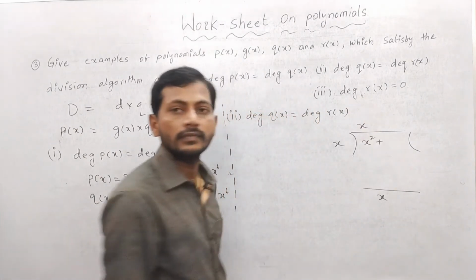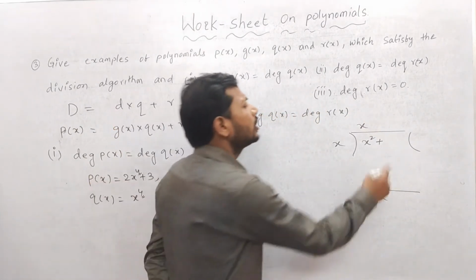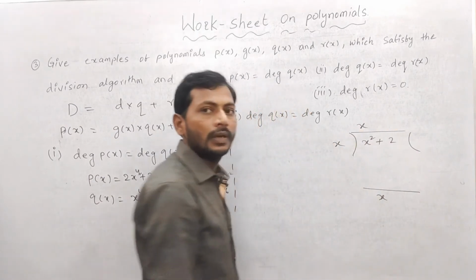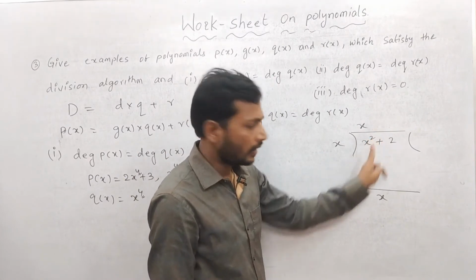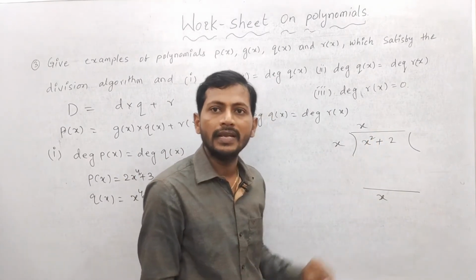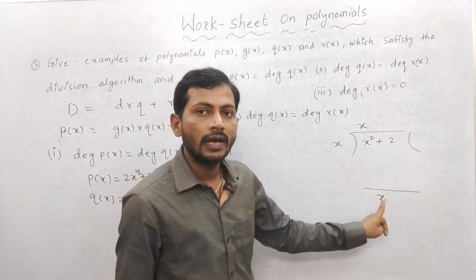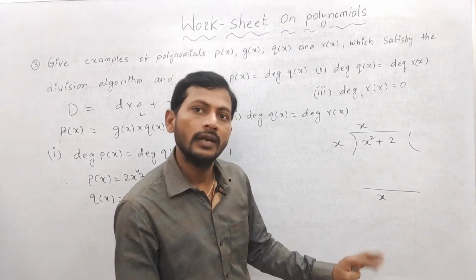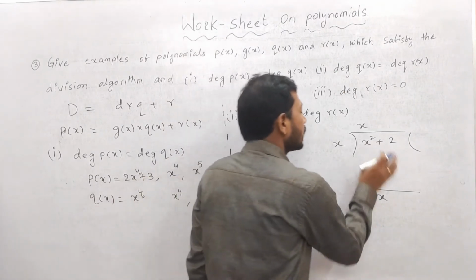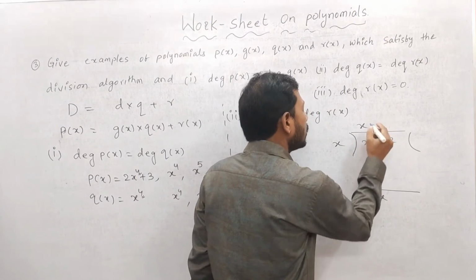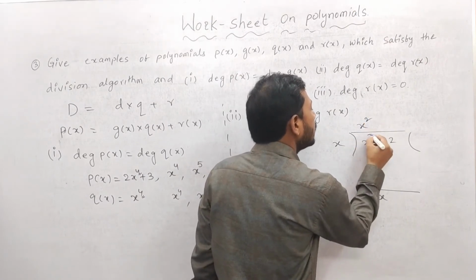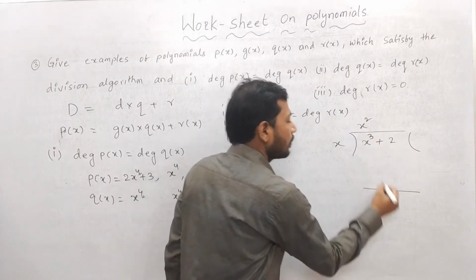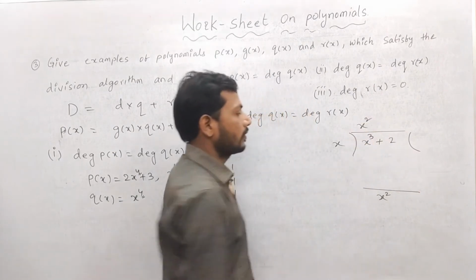Plus anything, you can write the 2. But you will get one confusion. Sir, x is there, again I will do plus 1, and x, 1, x, they get cancelled. Not satisfied. Then our trial and error method has gone wrong. So I am going to take one more thing. Try to observe. x square. Here I am going to take, trying only x power 3. Then I am writing here x square.